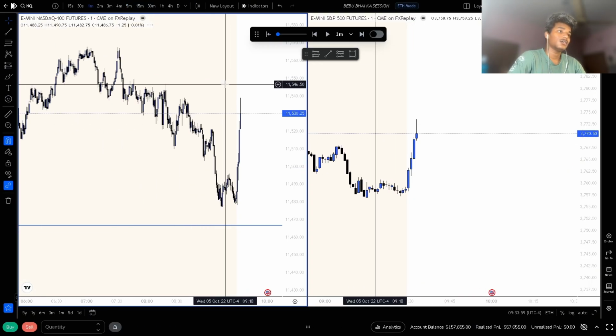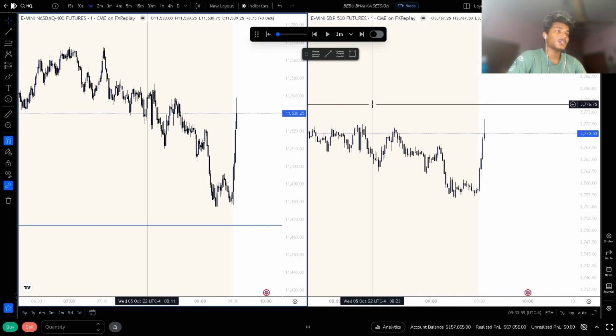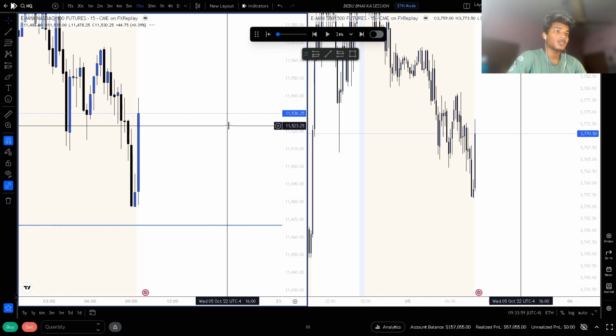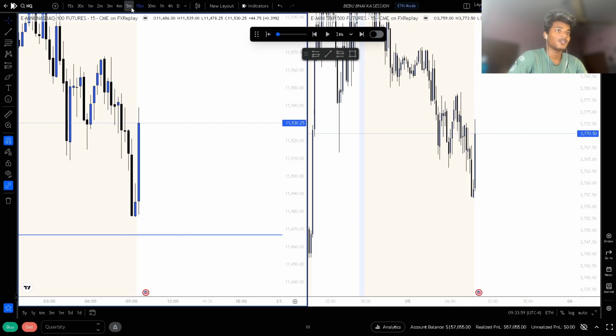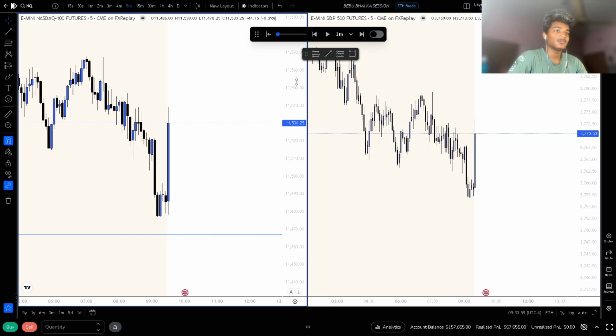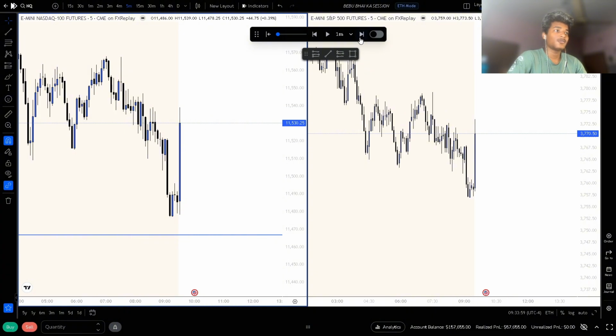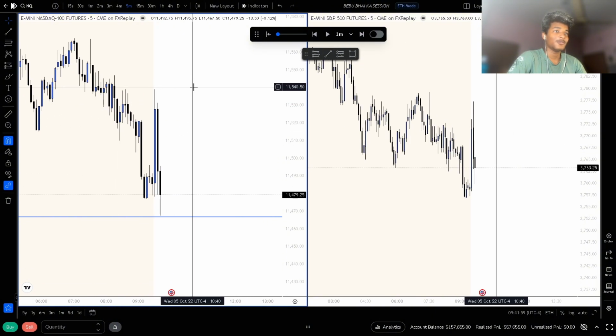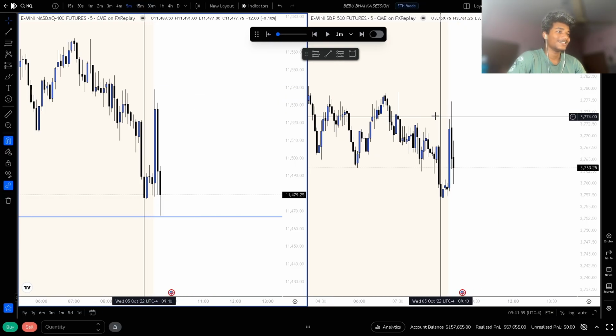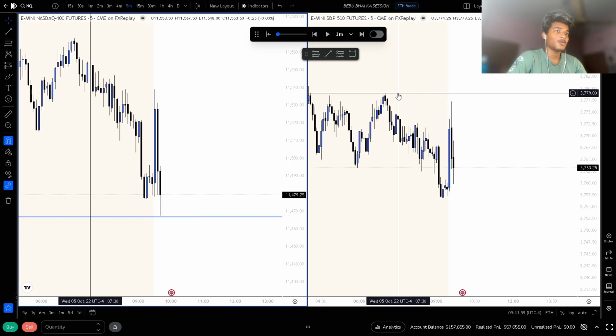Yeah, we ended up inversing this 15 minute. We have not inversed yet, but I do think we are going to inverse this, and this 5 minute trade would have been a nice one. No, no, no. It's actually not a nice one. The market just hit our stop loss.